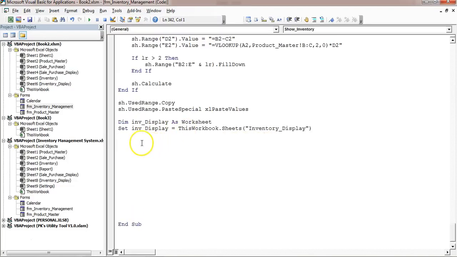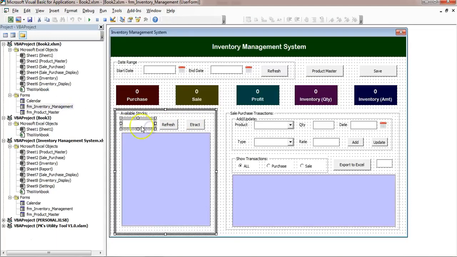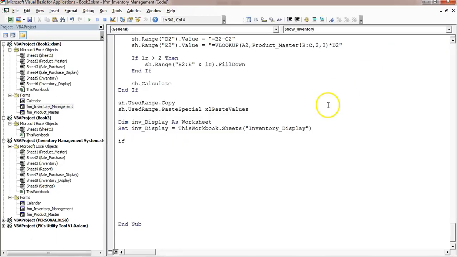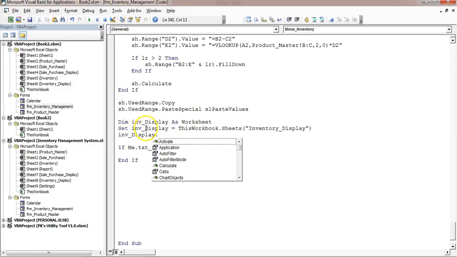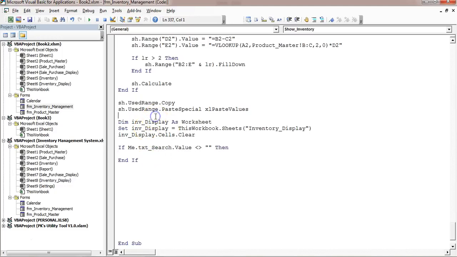And then what I will do, if any value is available here in this box, if Me.txtSearch.Value is not equal to blank, then first we should remove any data available, Cells.Clear, and here we will put a filter.